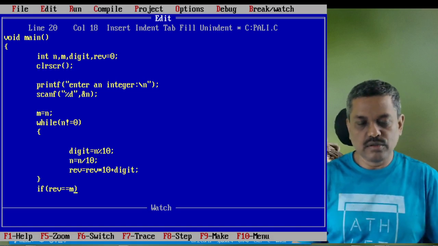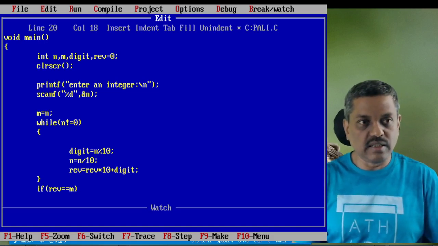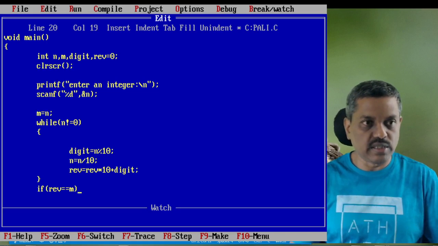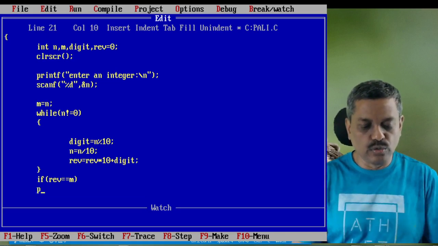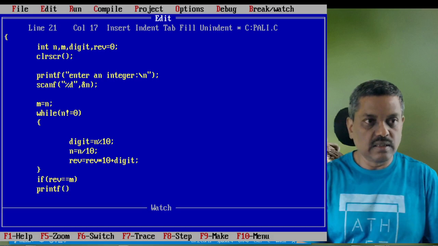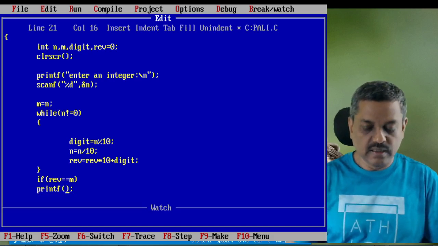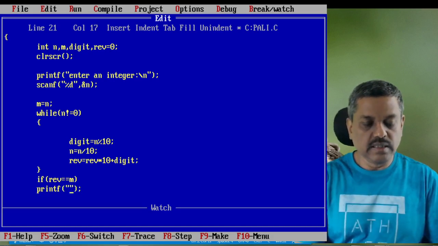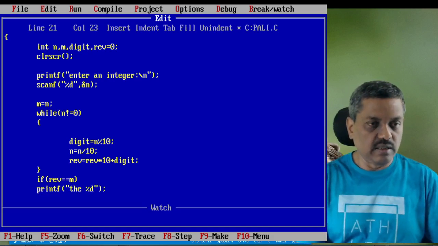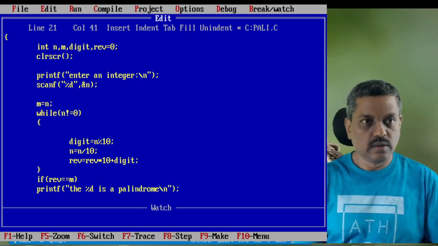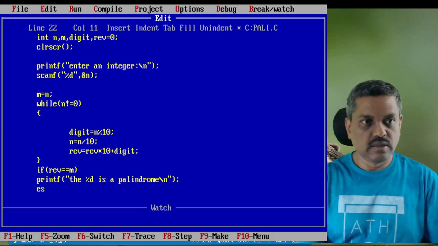So we have to save it in a separate memory location. If this is true, then we can directly say that the number, percentage d, whatever we have entered, is a palindrome. Otherwise, it is else.